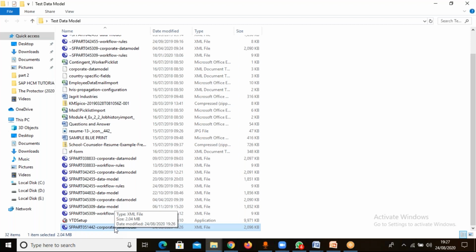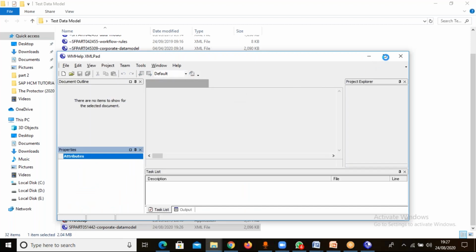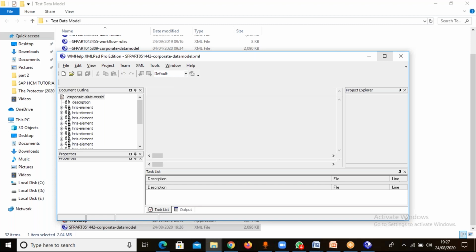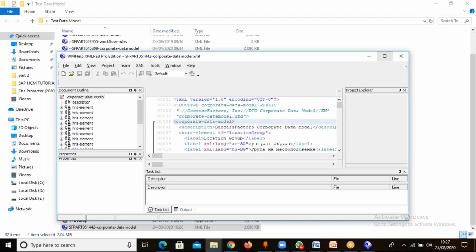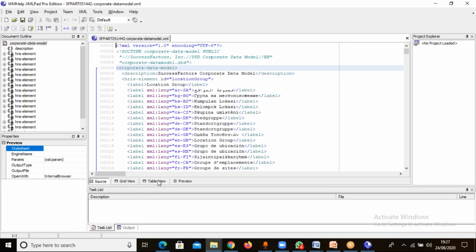Now I have to open this folder. This is my company code. This is my company ID 051 and 442. I have to open this in an XML editor. So you will now know how to add it in XML. I will show you. I have to click on table view